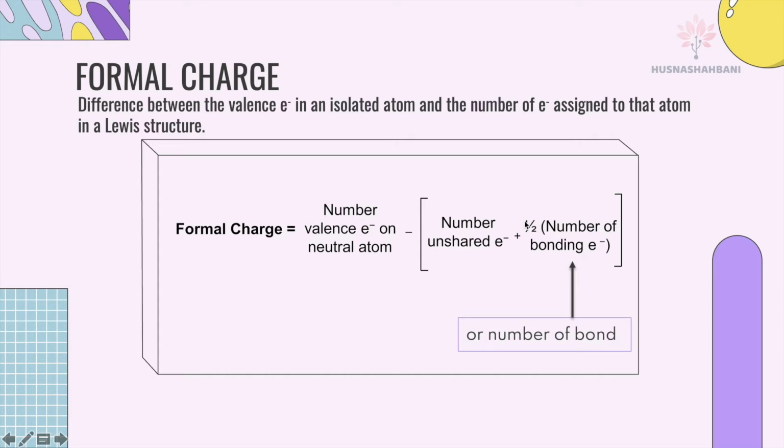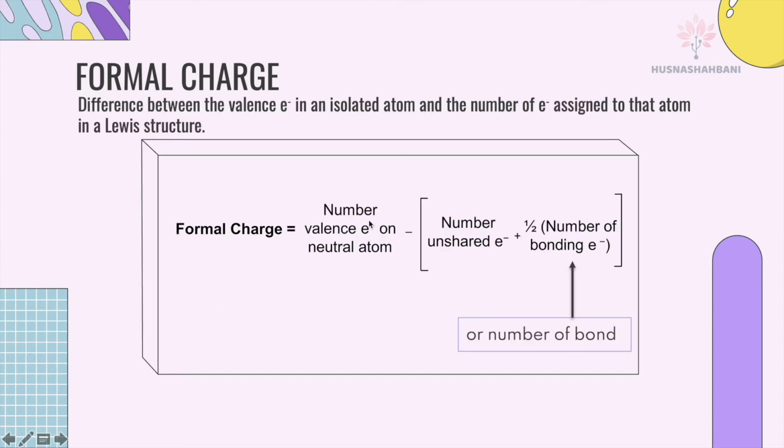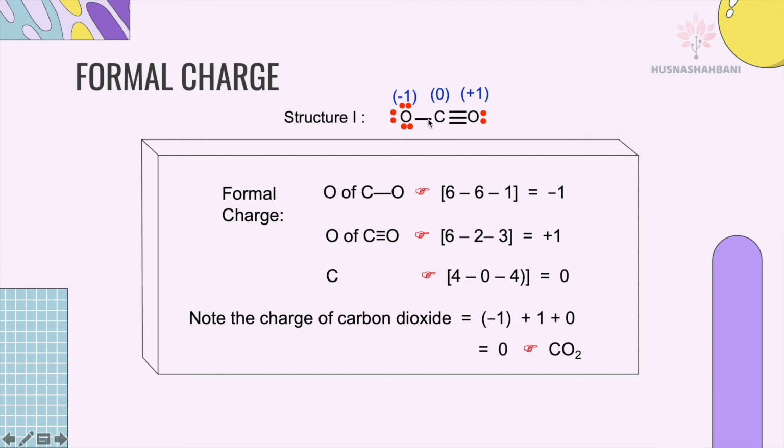Or if you don't want to use half the number of bonding electrons, you can also count the number of bonds. How many bonds are there? So that's how you calculate the formal charge. Let's calculate the formal charge for this particular oxygen. So we start with the number of valence electrons on the neutral atom. Neutral atom oxygen has 6 valence electrons minus